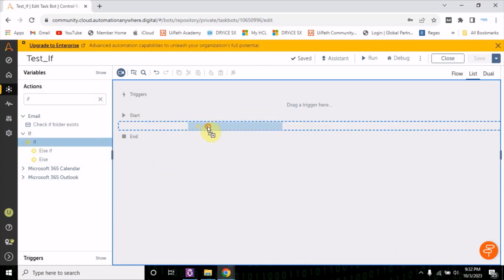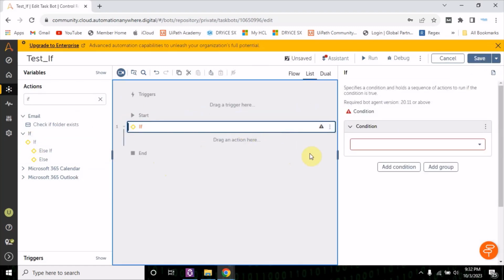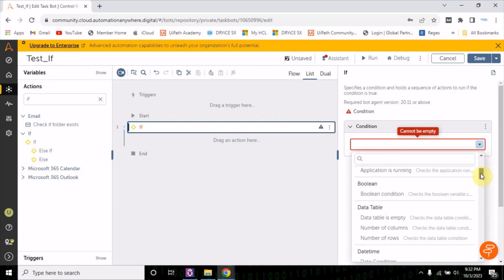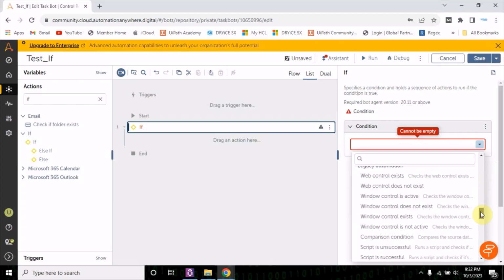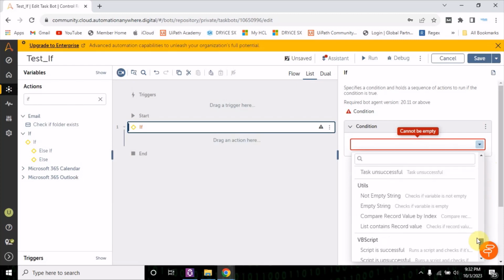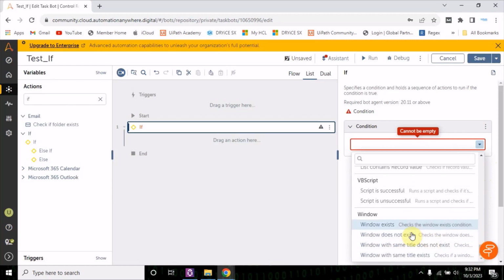Now when you drag and drop this if here, you will see to the right that we have to provide the condition here. There are lots of options available here. It depends on which option you want to use. I'll start with the option window. Now when you select this window exists here,